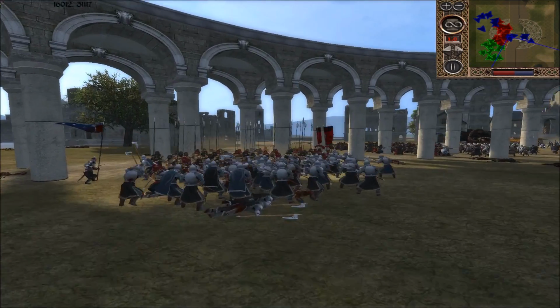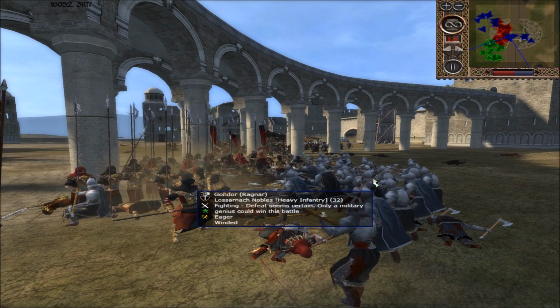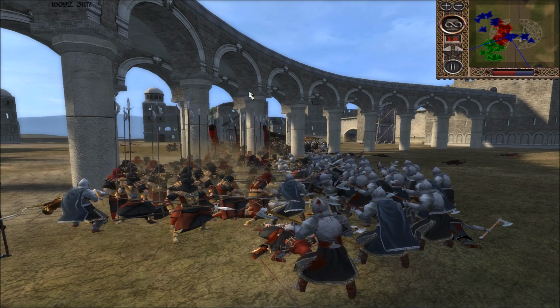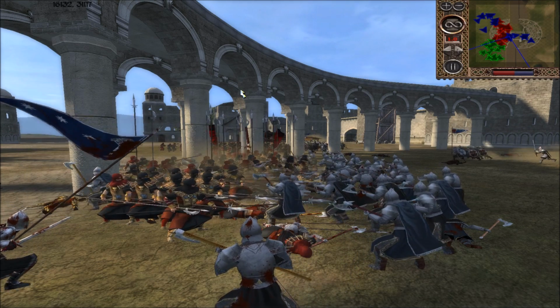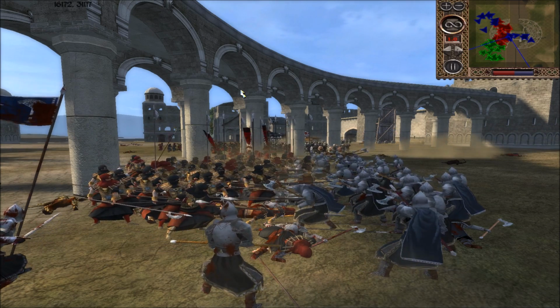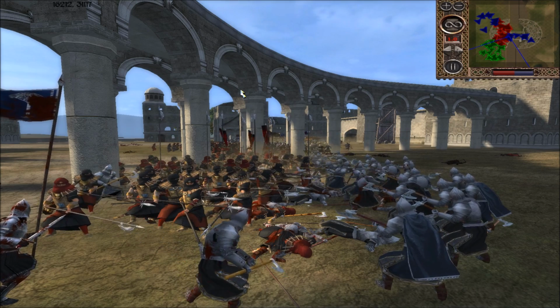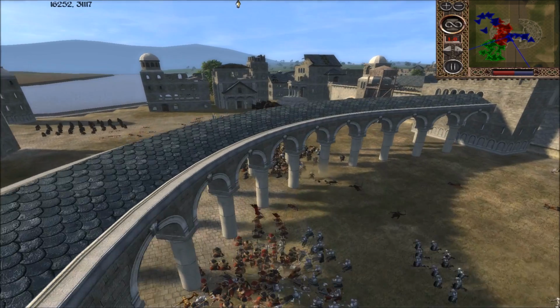We'll watch this fight right here because nothing really else is going on. Southern Pikes are a piece, which is why you can see these Losternock nobles are kind of struggling. Yeah, you can see these Losternock nobles are starting to struggle a bit, but the pikemen are starting to get